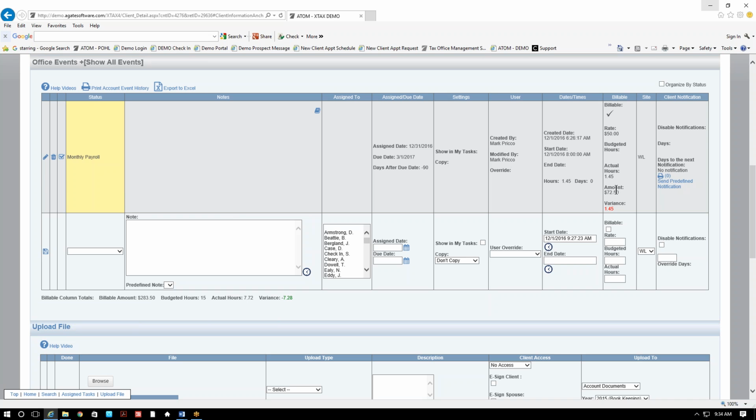The amount is just going to calculate based on the actual hours times the budgeted rate. The variance is going to compare your budgeted hours to your actual hours to see if you're over or under budget. If I select the edit pencil,